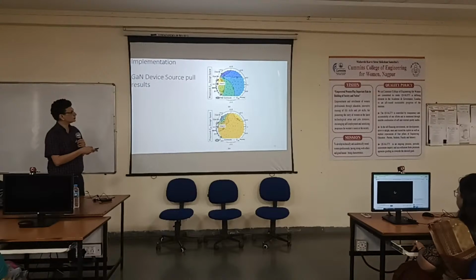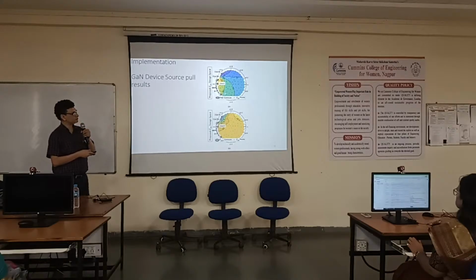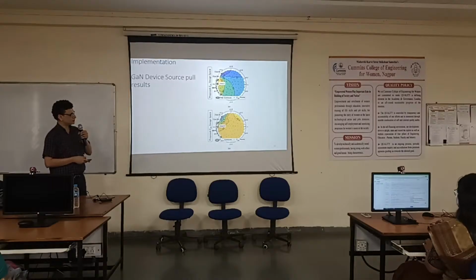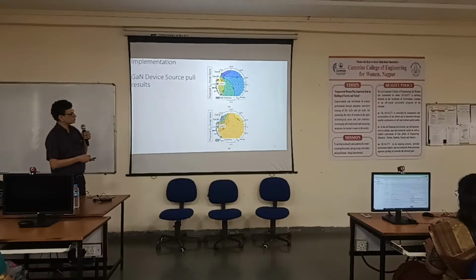This shows the entire design space. These are PAE contours. That is, in this space, the PAE, power added efficiency, is nearly equal. Similarly, this is the output power contours. So in this shaded region, the output power is nearly equal. And we choose all our cases, the case 1, case 2, case 3 loads, based on these load pull curves